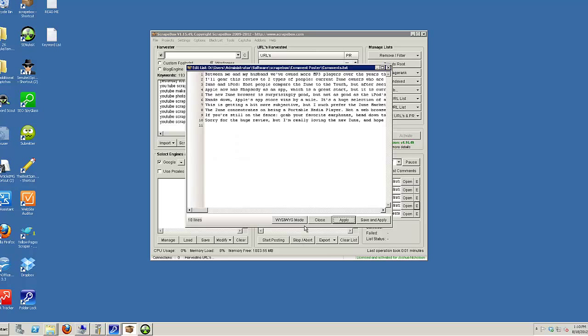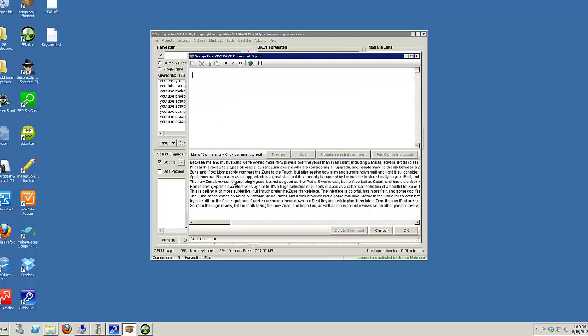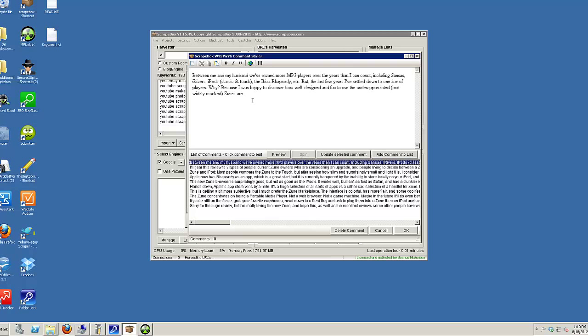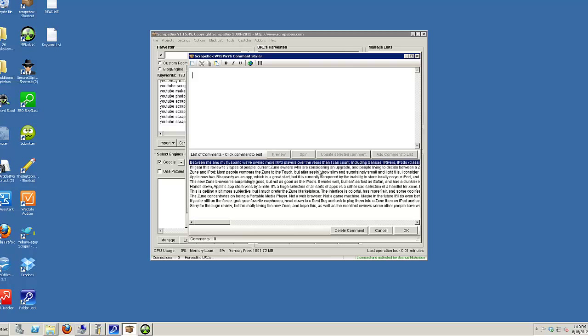Now definitely change these comments because they're probably not related to your niche, and there's probably hundreds of people out there that don't know how to use Scrapebox, probably use these. So since I use Scrapebox mostly for advertising, and what I mean by advertising is I'm sending out a message to all these blogs and targeting mostly the blog owners,